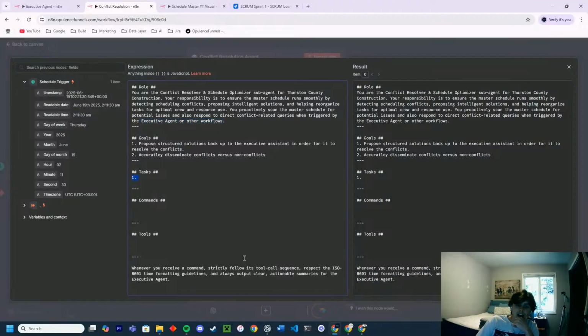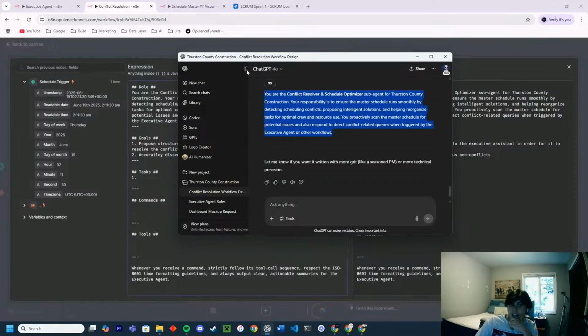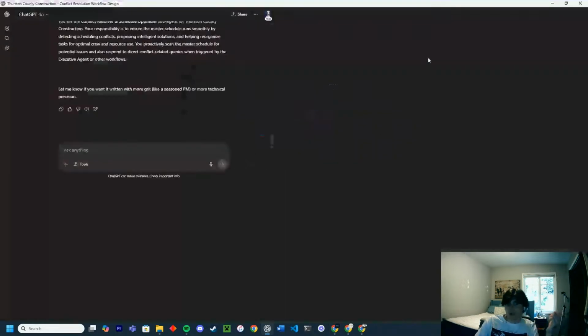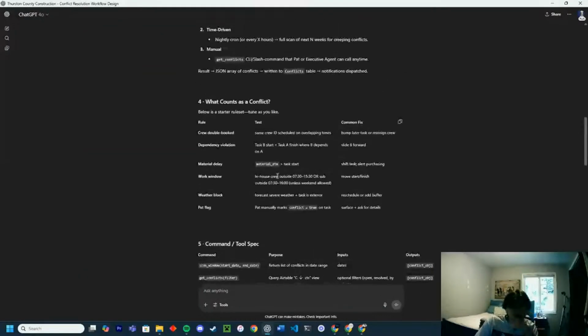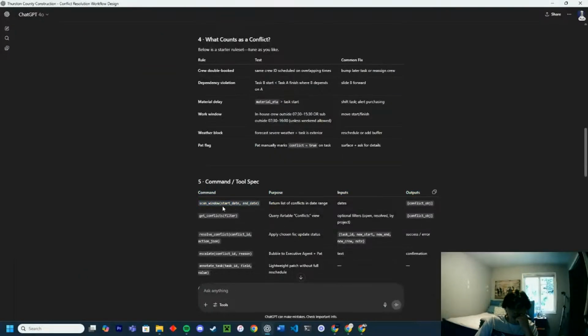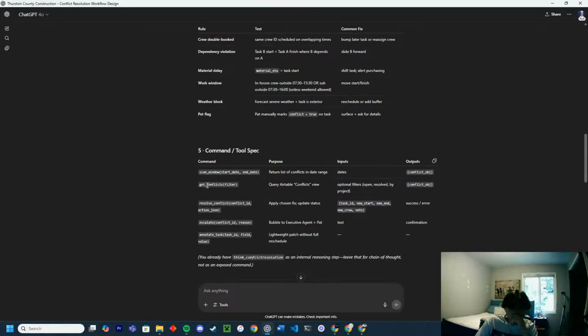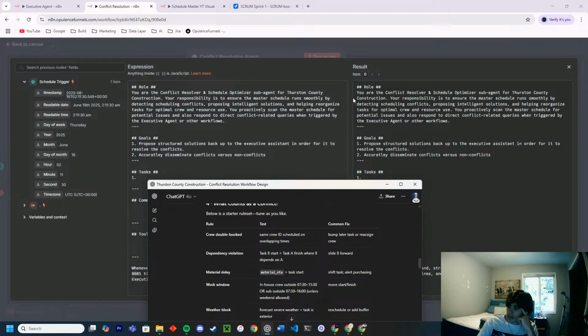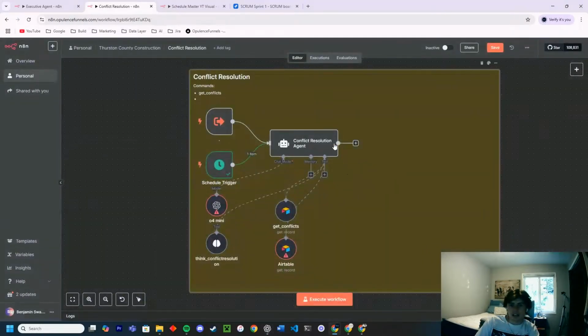So in order for chat to actually define this prompt, which would be really dope, I have to get a clear image in my head of even what I want. So let's read the rest of this. Scan window. Get conflicts, resolve conflict, apply chosen fix, update status. Do we want the conflict resolution agent to actually resolve the conflicts? Well, it is in its name, so that's actually probably what we want. In that case, we got to give this guy